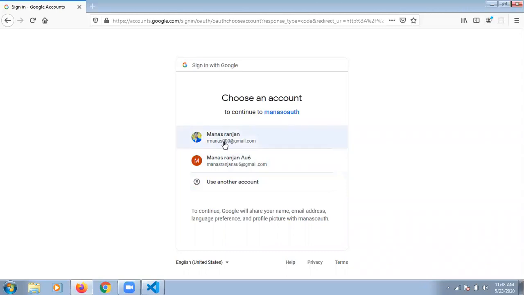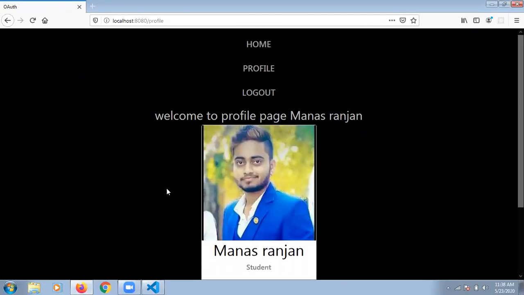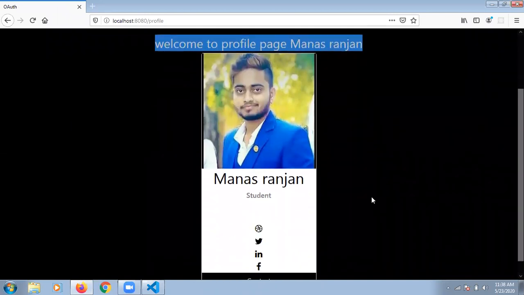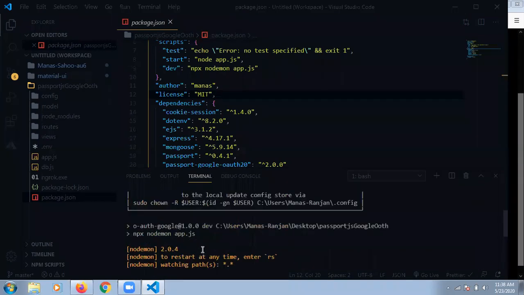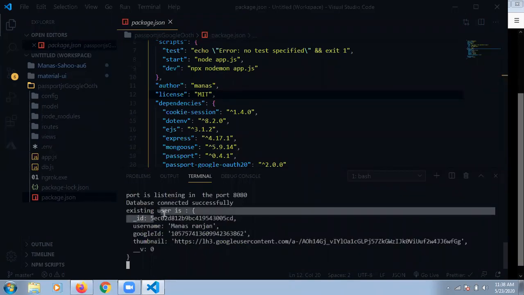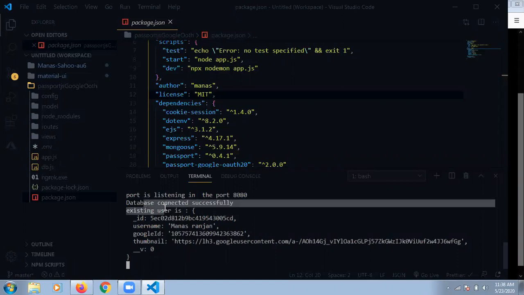In my browser I have two users logged in, one is R minus and another has a different email. I want to register my R minus. If the user has already been registered and their details are already seen, this is the output. How does this output come? I will show you in the console log. See here, the console log output is saying the existing user is here. What does existing user mean? I had signed up before through my Gmail, so for that purpose the existing user details are found and it is a direct login.